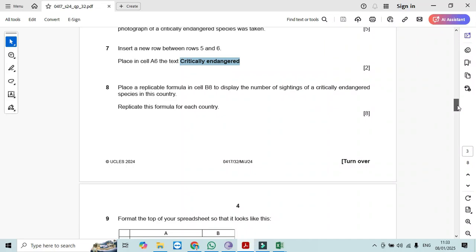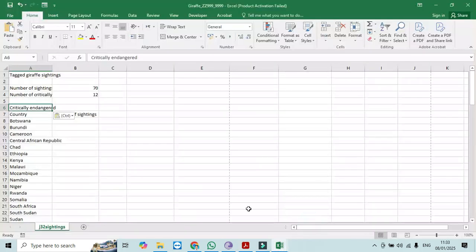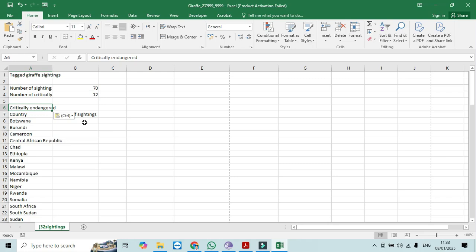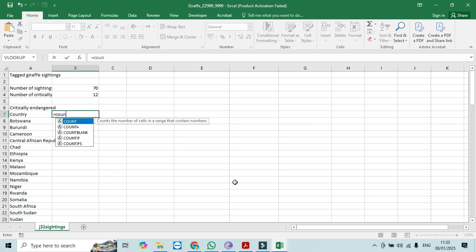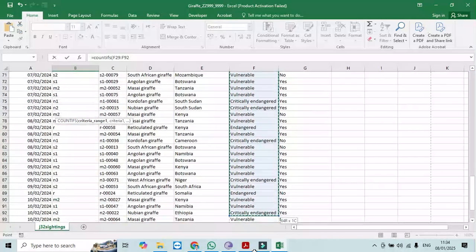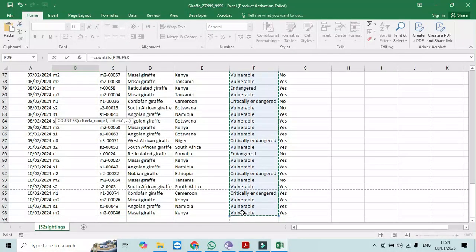Step number 8. Place a replicable formula in cell B8 to display the number of sightings of a critically endangered species in this country. So in cell B8, so this is B and this is 8, you will say equal to COUNTIFS, and then the first criteria is going to be from F29 till F98, comma,